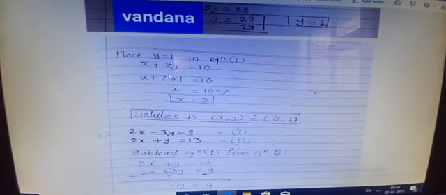Now this value of y we place in equation 1. Equation 1 is x plus 7y is equal to 10. x plus 7 into 1, substituting the value of y as 1. 7 into 1 is equal to 7, and 7 goes to the other side as a negative because here 7 is positive. 10 minus 7 becomes 3, therefore we get the answer x is 3. Now in the solution of x, y, always write the x variable first. x is equal to 3 and y is equal to 1. This completes this equation.